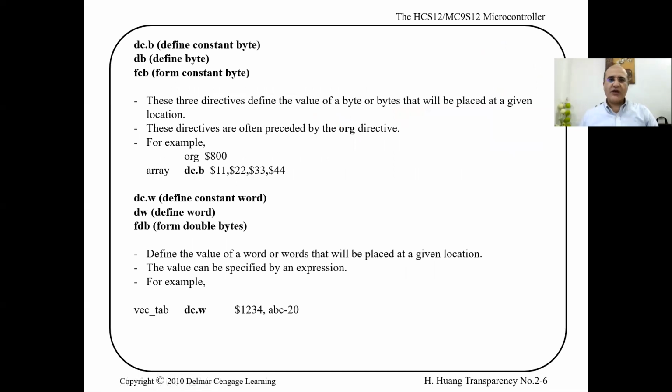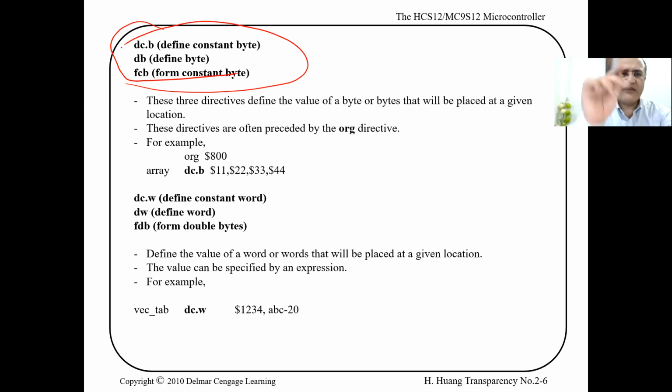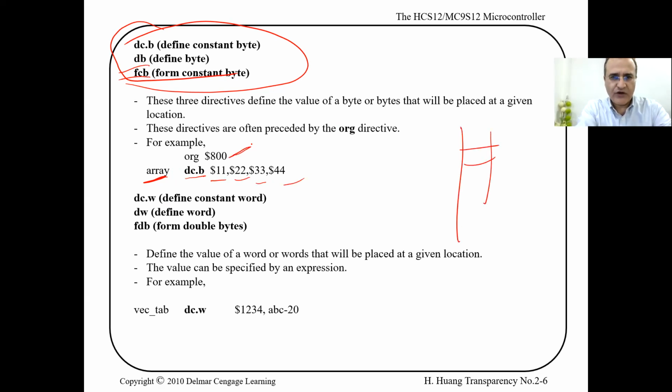Okay. Now the other directives to reserve memory locations in memory. I told you, and I think one of you asked me last time, what is the difference here? These are a group. They all reserve one memory location and indicate what's going to be stored in it. So you can put a label, say array, say whatever, define constant byte or define byte, okay, or form constant byte, then first byte, second byte, third byte, fourth byte. For this one, since we have origin 800,